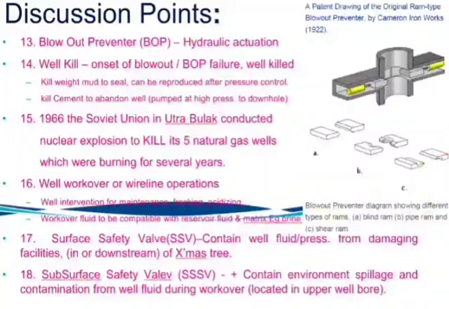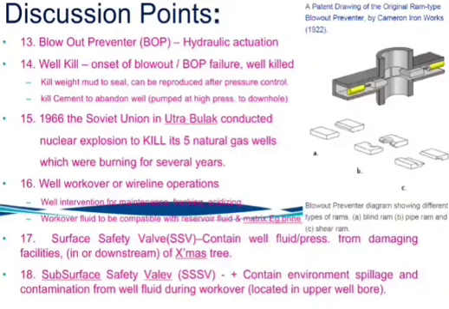Now how do we prevent a blowout? This is basically done by a blowout preventer, or BOP as they call it, which is basically the hydraulic actuation of a ram to ensure that we cut off the production tubing. To the right of your presentation you can see a patent drawing of a ram type blowout preventer. So basically these two rams tend to shear off the production tubing and contain the reservoir fluid within the reservoir and avoid spillage outside.